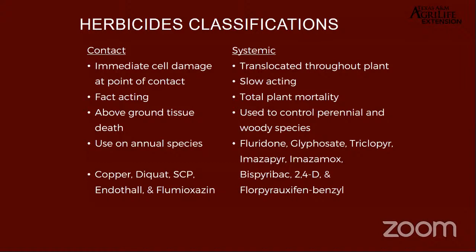And then we have our systemic herbicide options. These are translocated throughout the plant. They're slow acting. They cause total plant mortality, and we typically use these to control our perennial and our woody species, for instance, our water lilies. And the ones that you'll most commonly see or are more available to you or more efficient on a lot